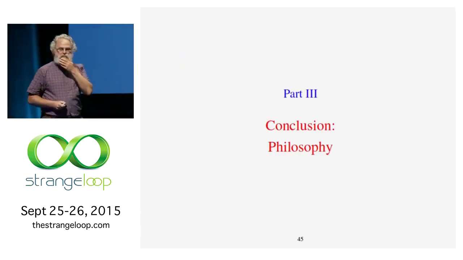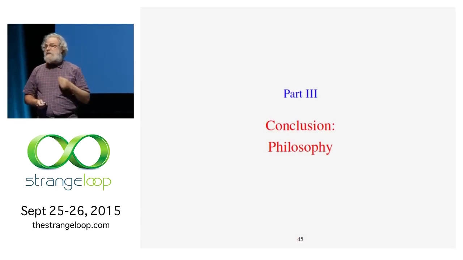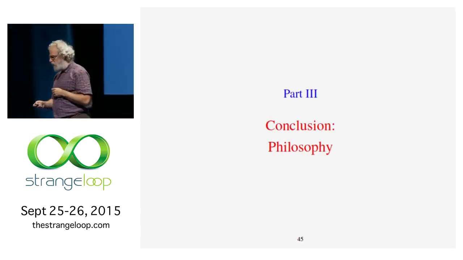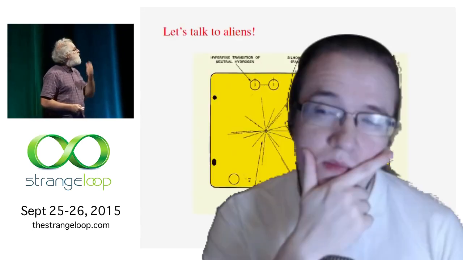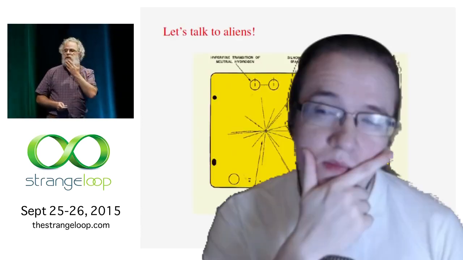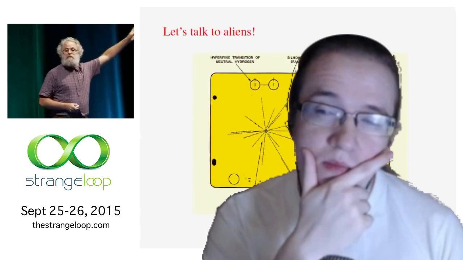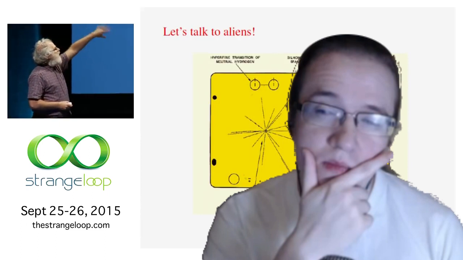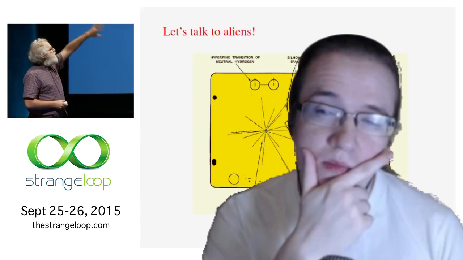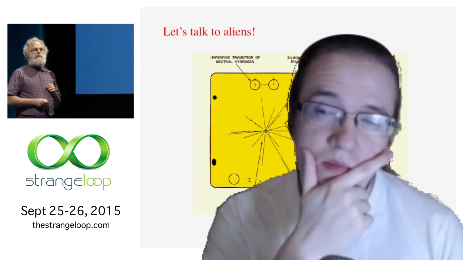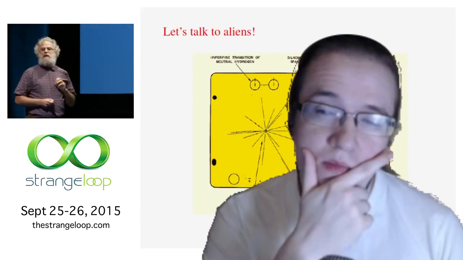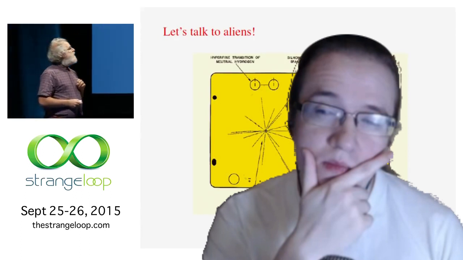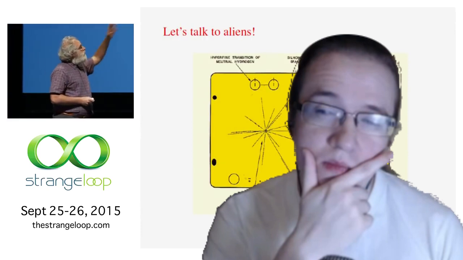Turing's important contribution was philosophy, so I'm going to indulge in a wee bit of philosophy to conclude. Let's say that we tried to talk to aliens. We've actually done this, right? This is a plaque on the Voyager. And this diagram on the left is to try to show where the Sun is relative to various pulsars. There are marks on that which are actually in binary, giving you the frequency of the pulsar. And of course, the length of the line is the distance of Sol from the various pulsars. And then on the right, there's a picture